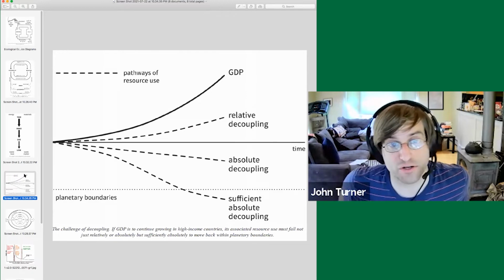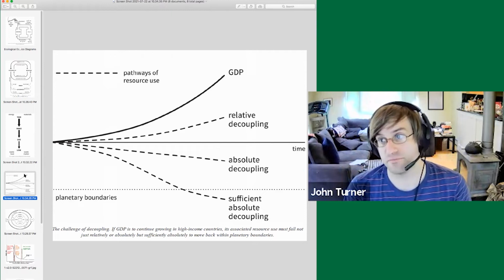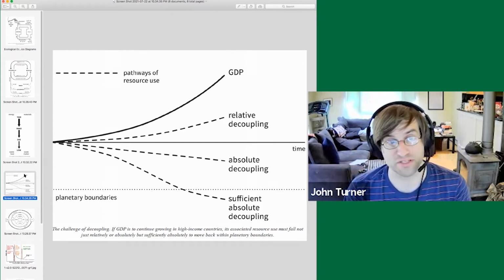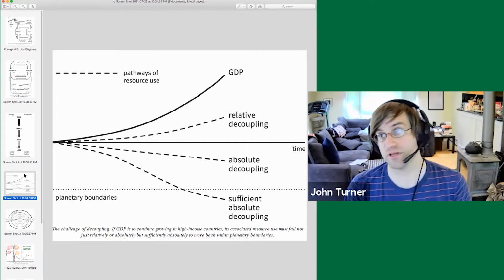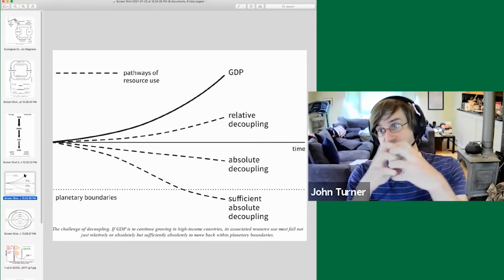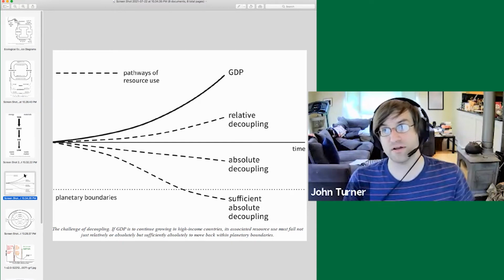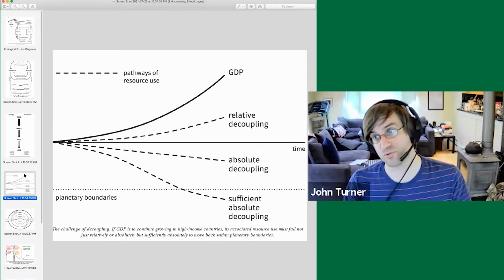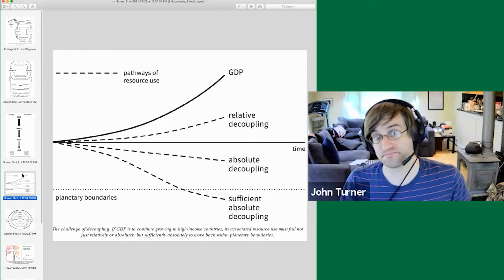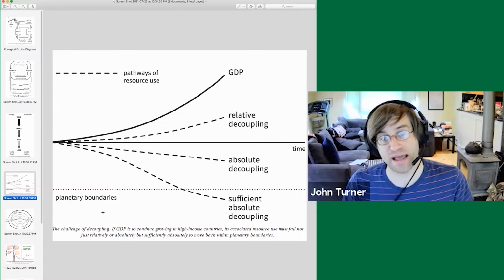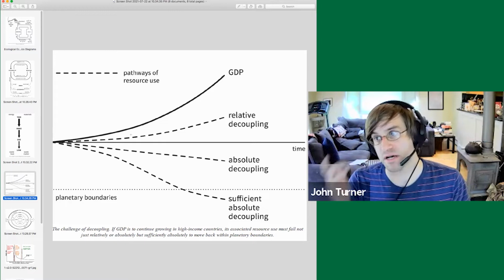The efficiency arguments, okay, you may see this will come up in any of the material about growth, the notion of decoupling, okay? That is, how thoroughly can we decouple, that is unlink, right? If they're coupled together, decoupling is just pulling them apart. The amount of resource use from the level of growth, okay? These are a couple different pathways modeled by Raworth that are examples of arguments about decoupling, okay?